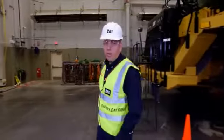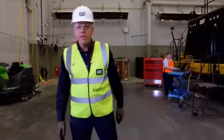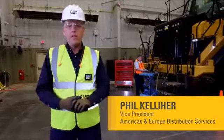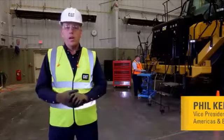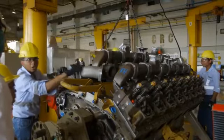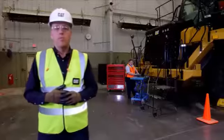I'm pleased to be with you here today to talk about our safety journey within Caterpillar and the dealerships in a service shop. Service is obviously the core of our dealership. It's the core of what differentiates us from competition. It's also the highest risk area of the dealership from a safety perspective. This is the key area of the dealership that we need to focus on from the standpoint of improving our